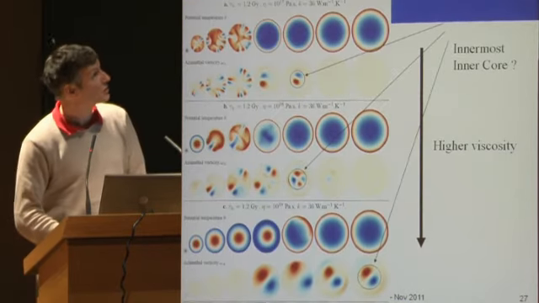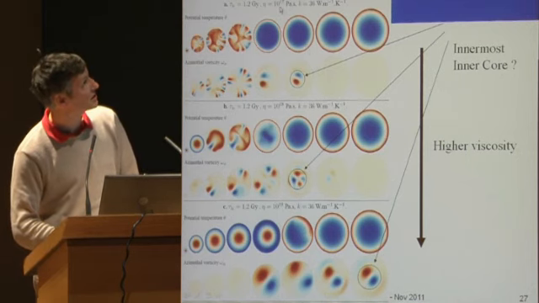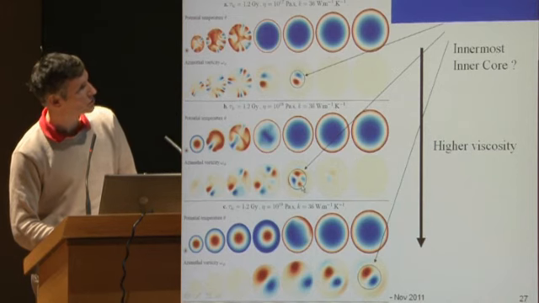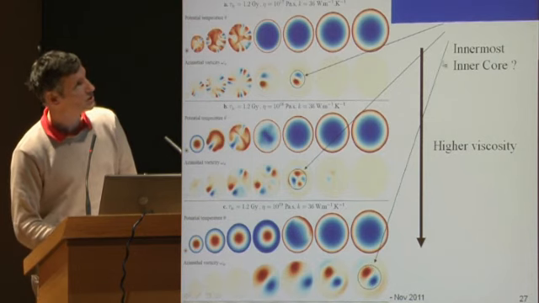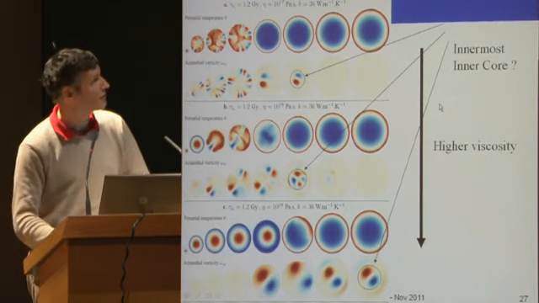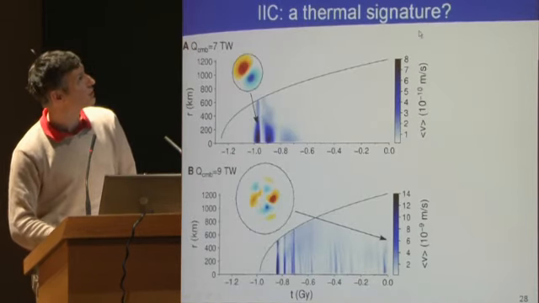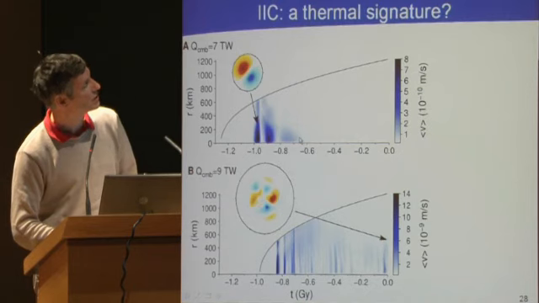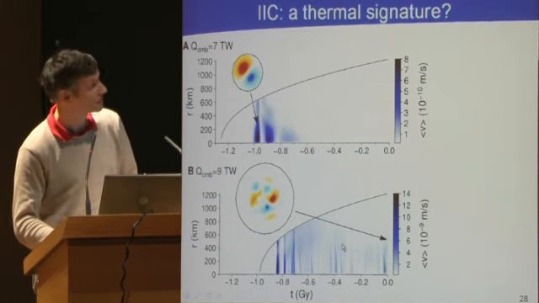So we studied that for different viscosities, 10^17, 10^18, 10^19. In all these cases, we found that during the thermal convective window, you have a central part of the inner core which is convective. And this could be the signature of an innermost inner core. This is another view for different CMB heat flux. Here you have a convective time window. Here it's convective again today, but only in the central part.